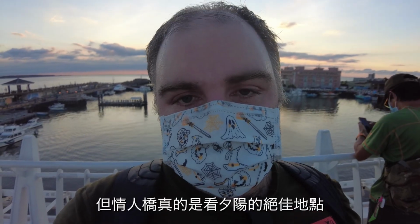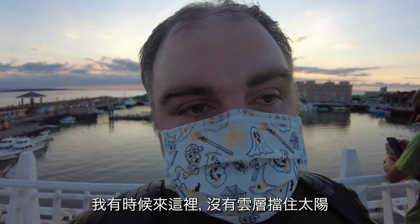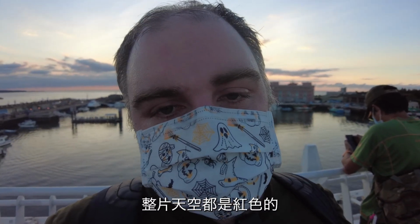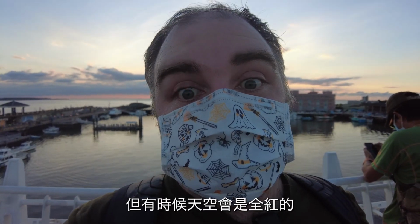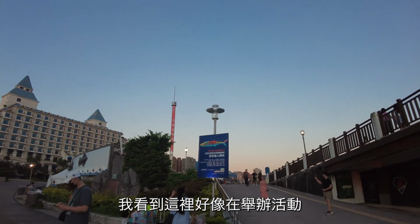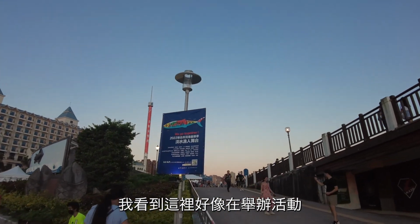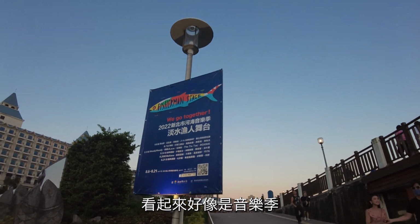But this is an absolutely fantastic spot to see the sunset, and occasionally when you come here, I have seen it where there's no clouds and the sky is just completely red. Today wasn't quite like that, but sometimes it is, and when you get it like that, it is great. So I saw something is going on down here,